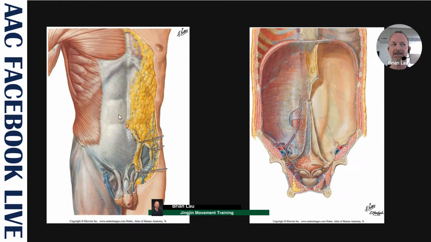So we can see the rectus abdominis underneath this rectus sheath. If I were to look at it from the back surface, that's what we're seeing in the right image. In this case, we're looking from the back through the body, visceral cavities removed, and we're seeing the peritoneal cavity from the back, but the front surface of it. So here's the rectus abdominis. You can see a window of it.